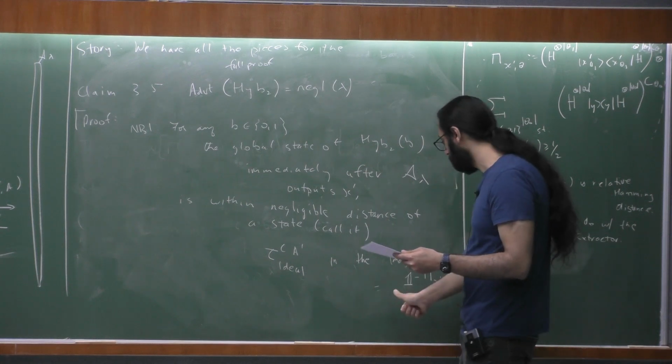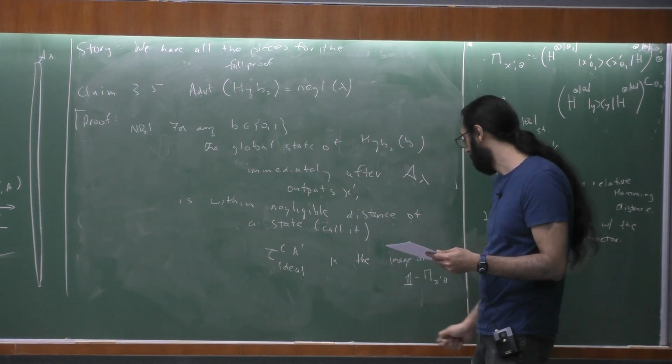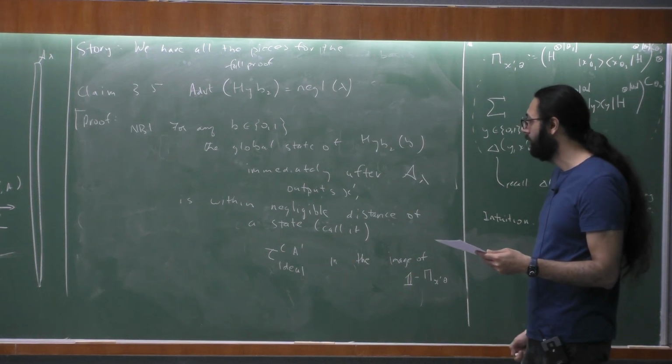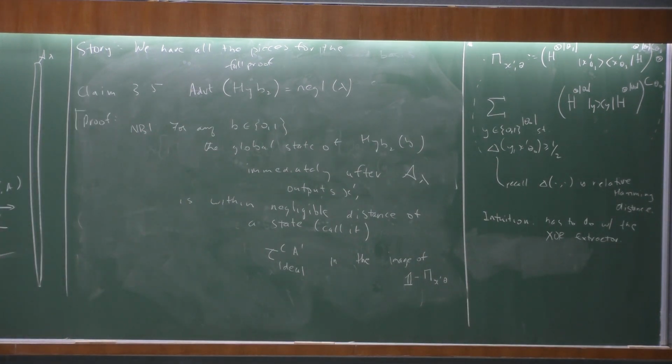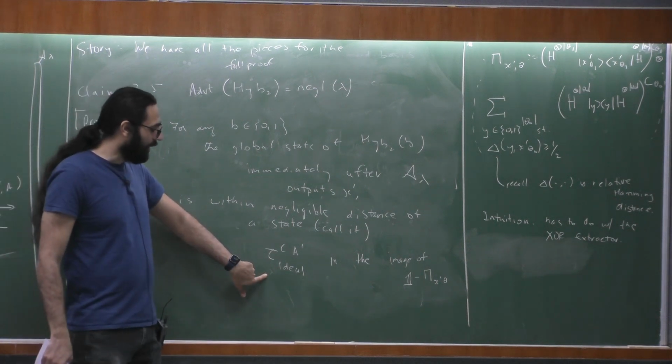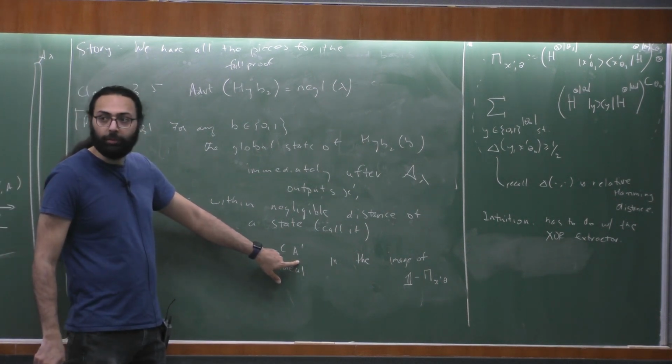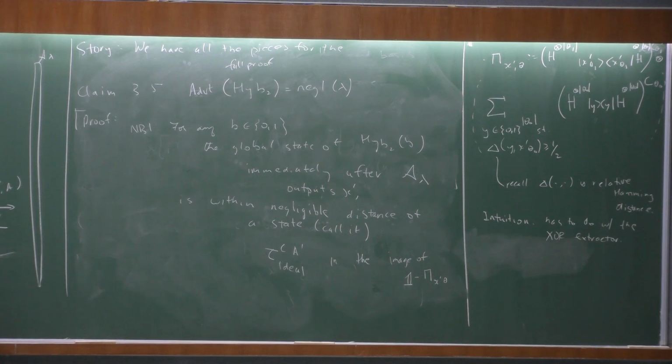Okay, is that clear? So what we are saying is that the state right after here is going to be some tau on registers C and A prime. A prime was sent by the adversary, and C was what you were holding as the challenger,